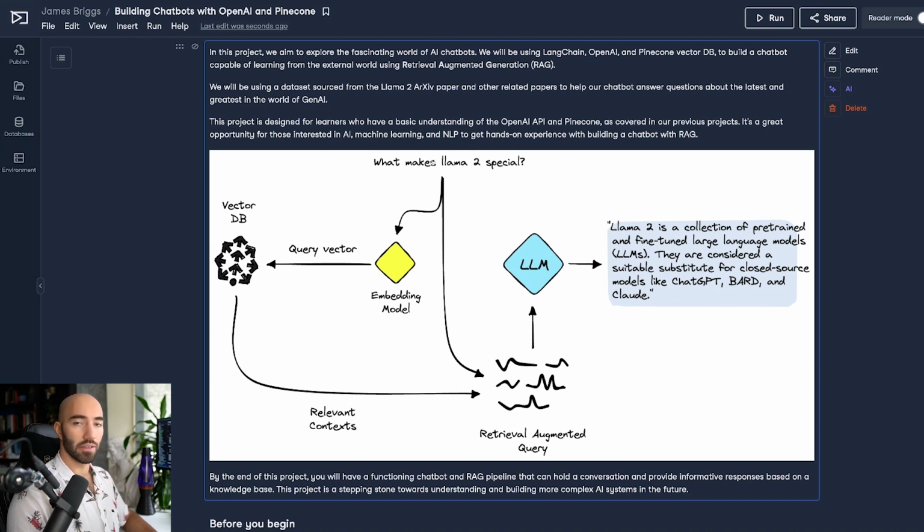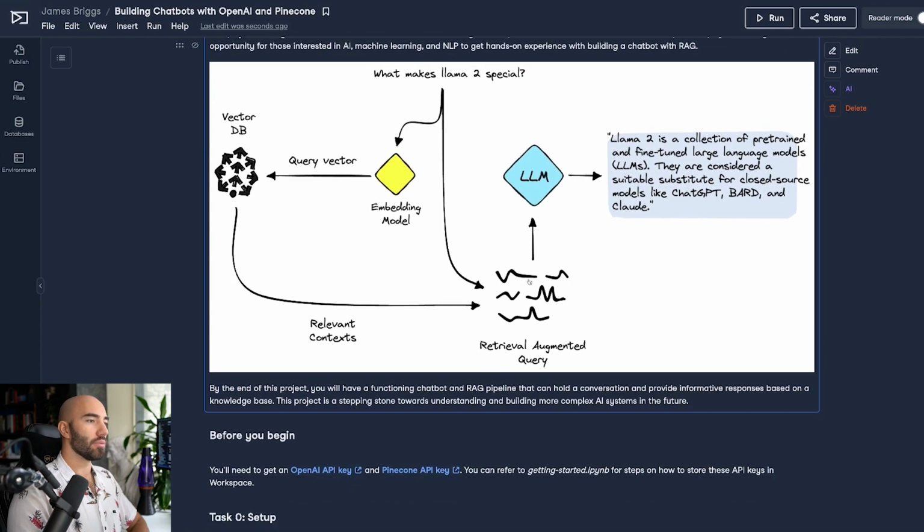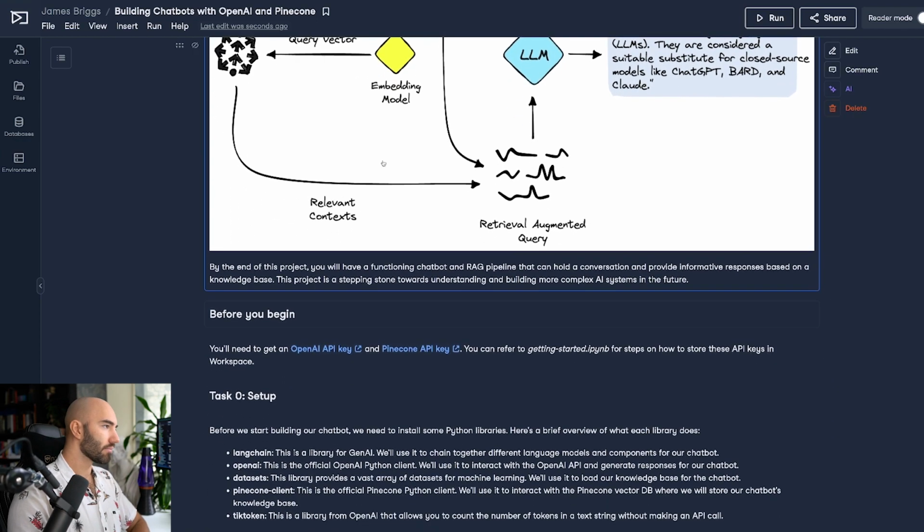They help us alongside the query to produce a retrieval augmented query. We send that to our LLM, and then we should be able to get an answer that is aware of what Llama 2 is, and can actually point to specific information about it as well, which it has learned from the Llama 2 paper. So let's jump into how we're going to do that.